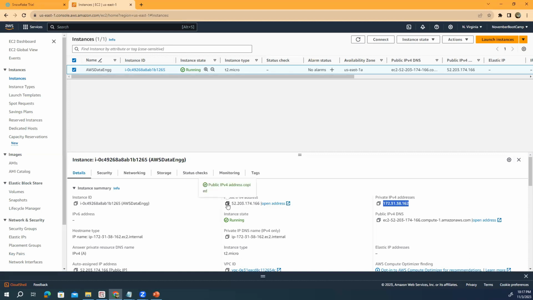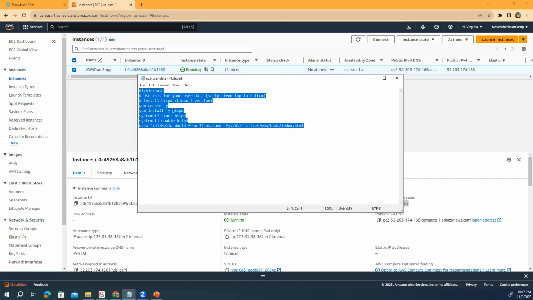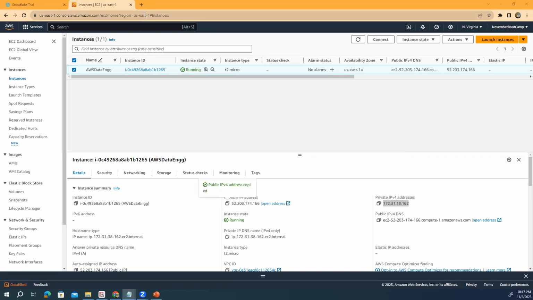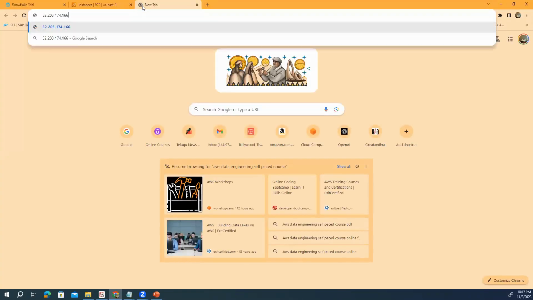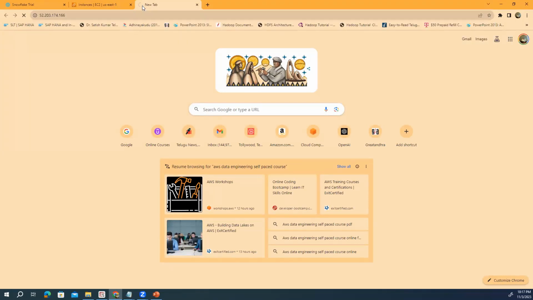Select this one. What did I install in this earlier? I have installed this particular website I have created, right? HTTPD and HTTP I have installed here. That means a web server is installed, and for that web server I have installed that web page also. Okay. Now when you try to place this address here and then select this one,